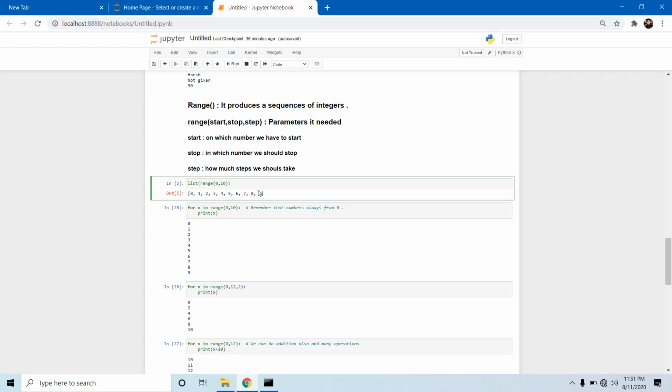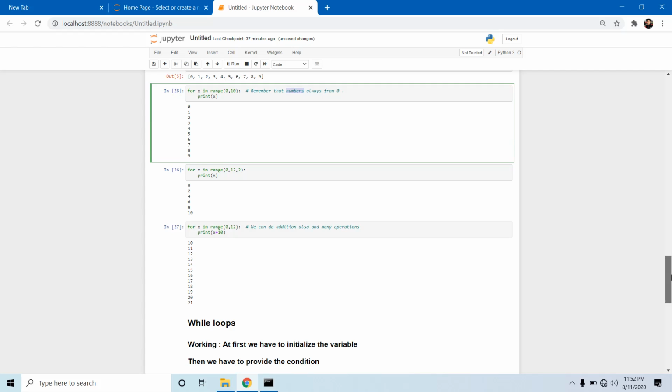We can create a list with our range function, 0 to 10, and we can access our variables directly like that. For x in range 0 to 10, if I want a step, then I can provide it like that also. Remember that our index always starts from 0.